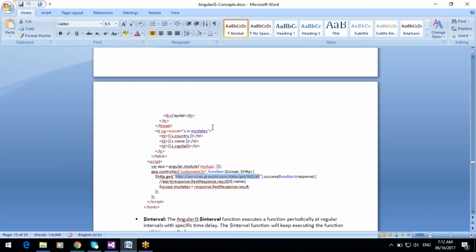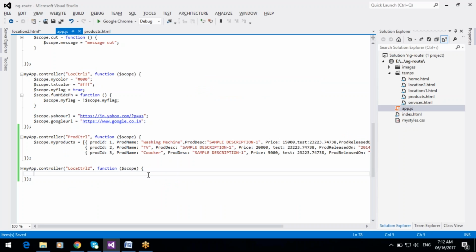If you want to use the HTTP service, compulsorily we need to initialize this HTTP service, a public variable in the function. In the location2 controller, compulsorily we have to initialize the $http service.